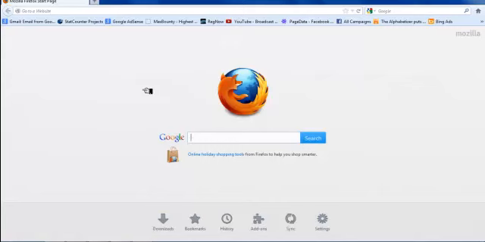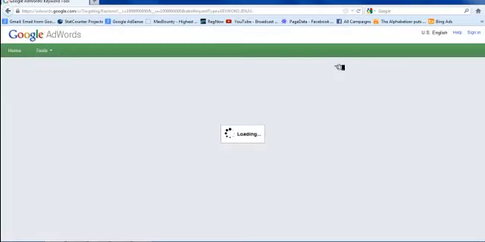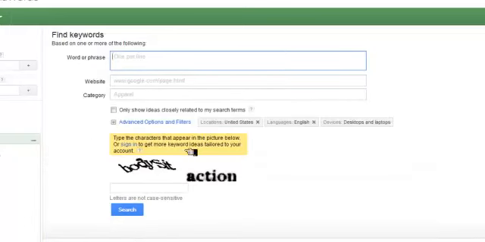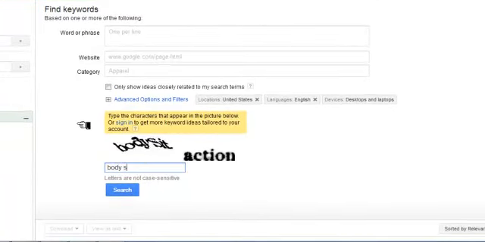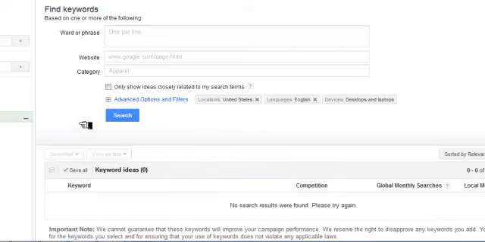Okay, let's go to the Google keyword tool and let's look up, let me show you exactly how this works. Try not to get ahead of myself. Action. Oh, I typed that wrong. Okay, now I want you to take a little look-see at some of the things that are going on